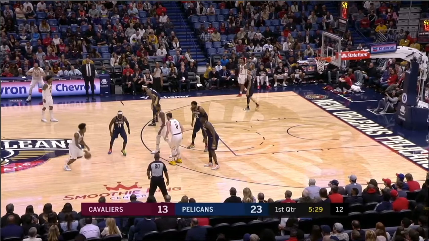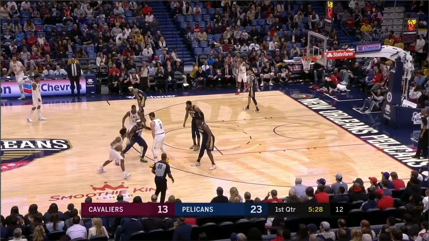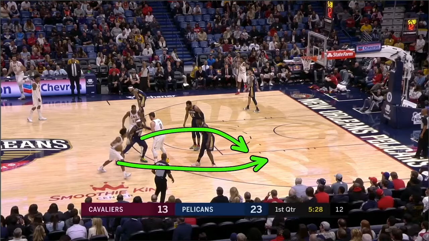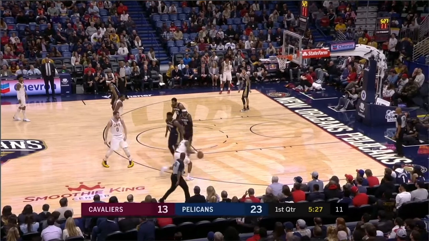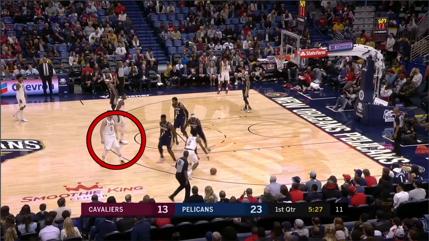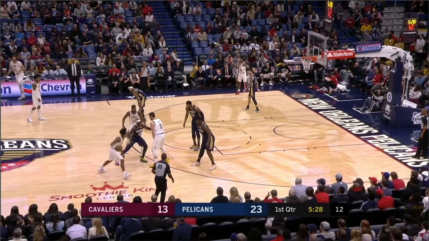Same thing. Cavs set a ball screen. How many times do we have to do this? Okay, this guard comes off this ball screen. Drew Holiday goes under the ball screen. This isn't a jump shot. Where's Kevin Love going? You know they're going under this ball screen. Tristan Thompson needs to get away from the screen so that his defender gets away from the screen to help out with spacing. But again, look, you set this ball screen.